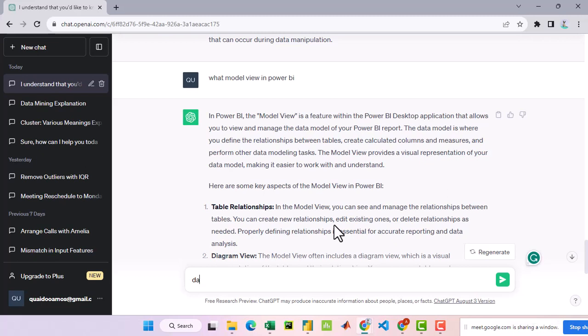And this is very easy, right? It's very, very easy. The key aspect of the model view in Power BI is the table relationship,